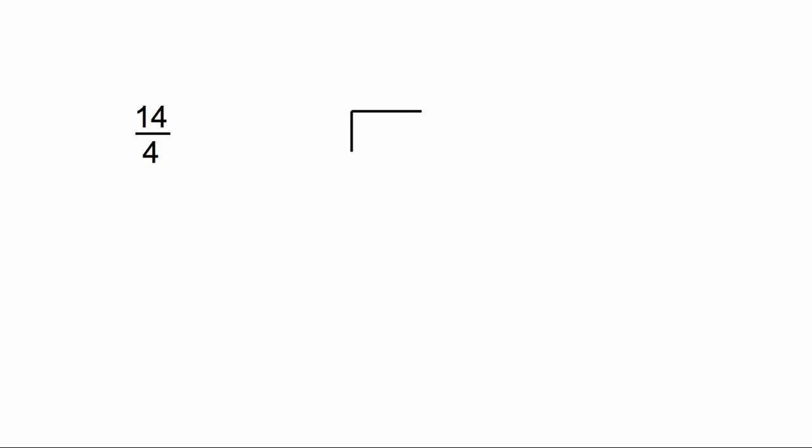14/4. So what we're going to do is place 14 on the inside and 4 on the outside. We're going to put our parking spaces, and then we're going to divide. How many times can 4 go into 1? Well, 4 can't go into 1, so that's 0. How many times can 4 go into 14? Well, 4 times 3 is